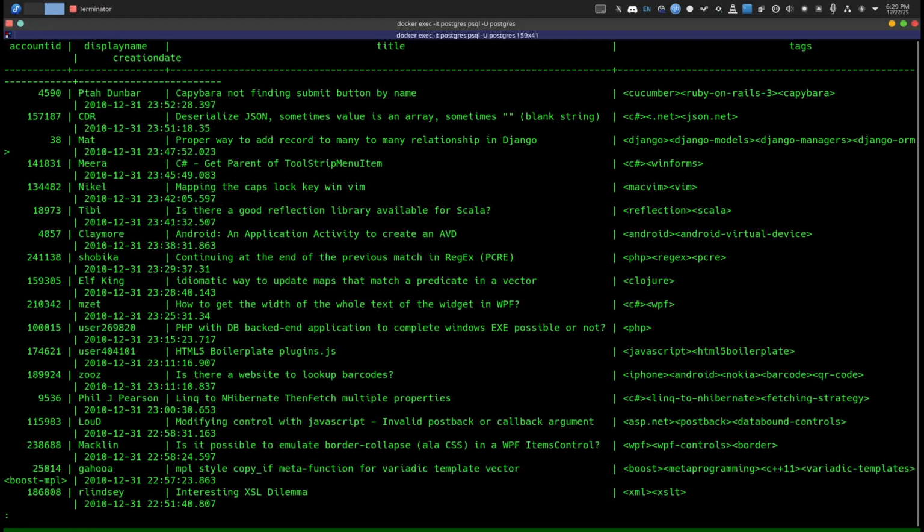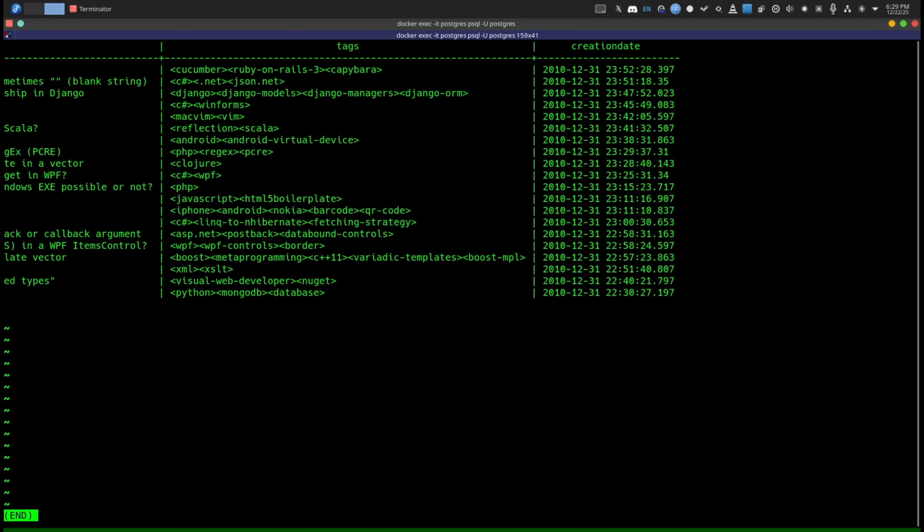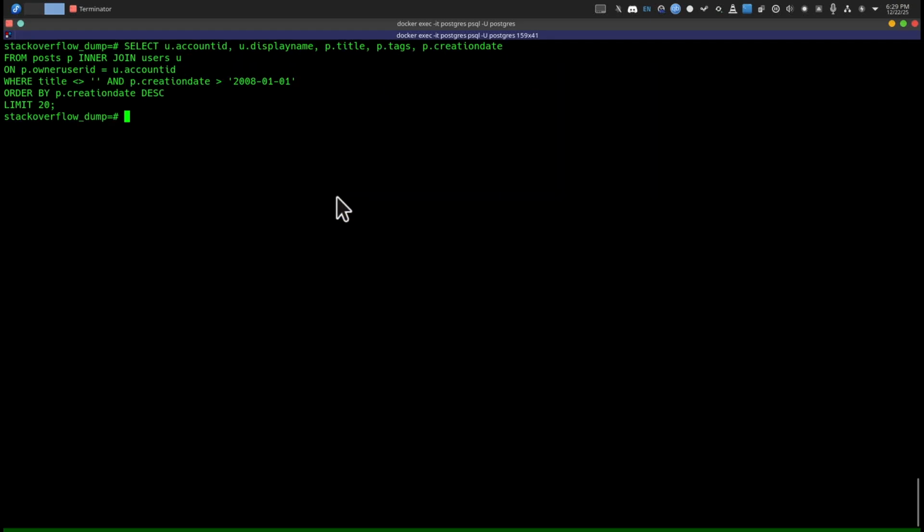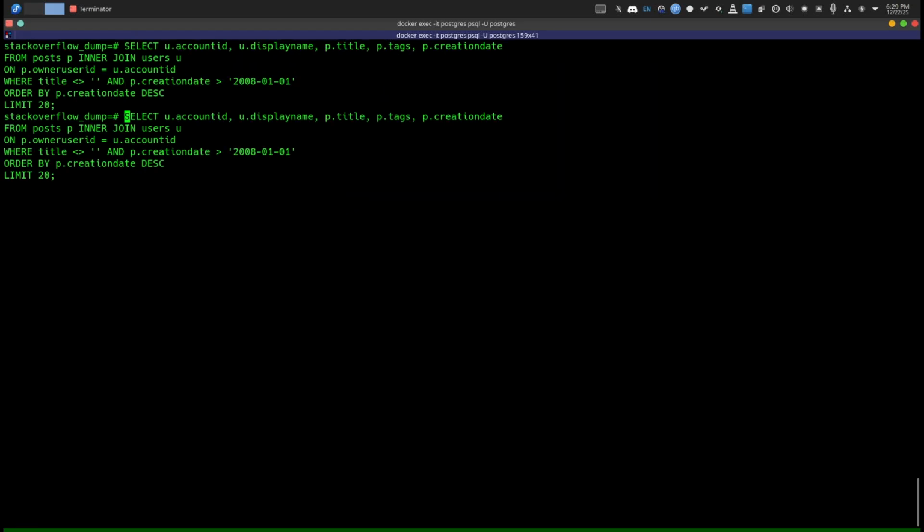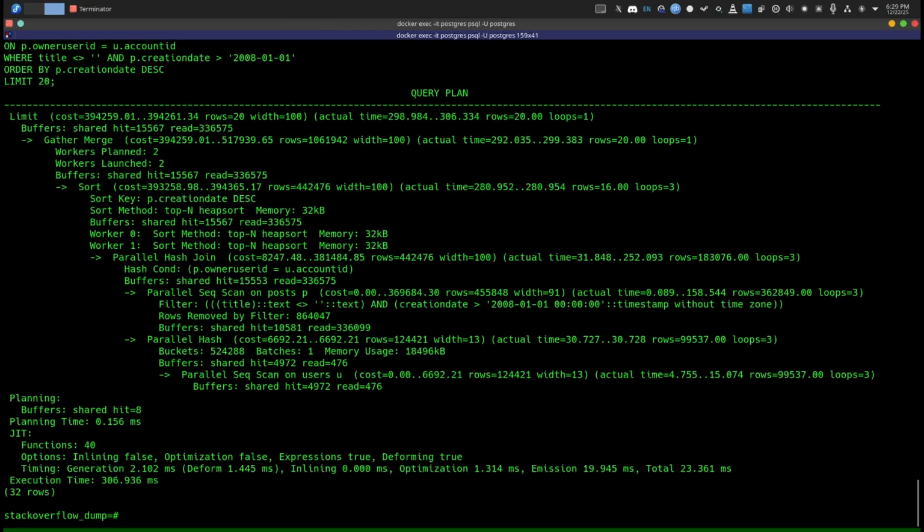And this is the query actually, it's nothing too special. You have a bunch of posts, right? And then you have it sorted by the creation date. Now let's try to analyze this query by using explain analyze, and let's see what we get. Voila. So if we take a look at this, we can see that the total execution time is 307 milliseconds,